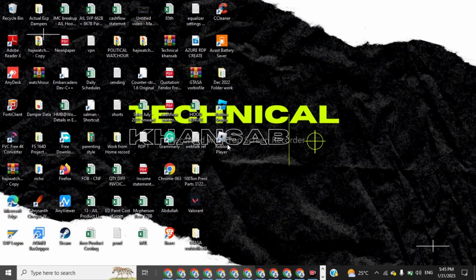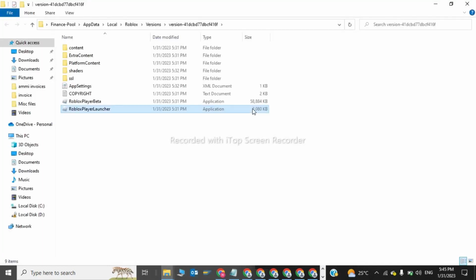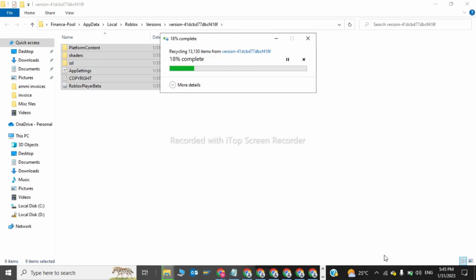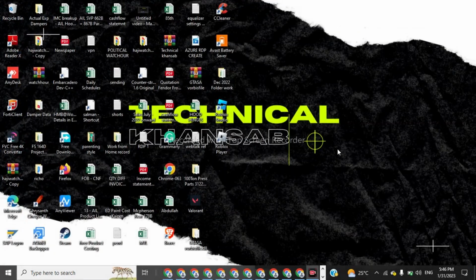So we have to click on Roblox Player and you have to click Open file location. After that we have to delete all this, delete. So the Roblox local app data has been cleared. So now the third step is we have to go to our